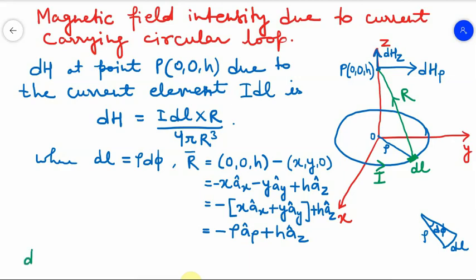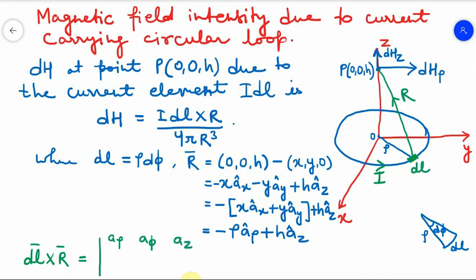Now because we have to calculate the magnetic field intensity through this formula, we are substituting the terms as required. We have determined this dl, and everything we are considering in the cylindrical coordinate system. This r we have determined, and accordingly we can take its magnitude, but dl cross r we again have to consider. Dl cross r means the cross product of the two vectors, which can be done using this matrix form with a rho, a phi and az.